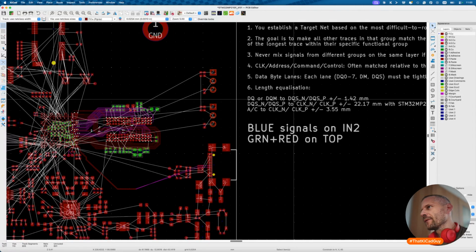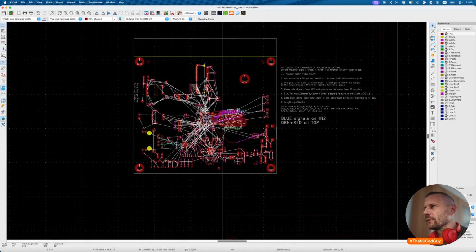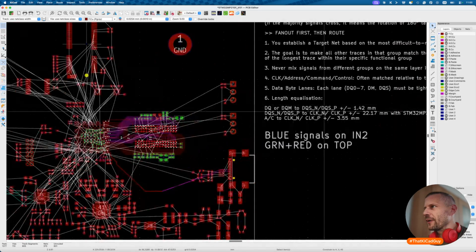So data signals are matched to strobes, and address and control signals are matched to clocks. So if the strobe is the reference pair for the length tuning, length matching, we should start with the strobe signal, or at least identify what's